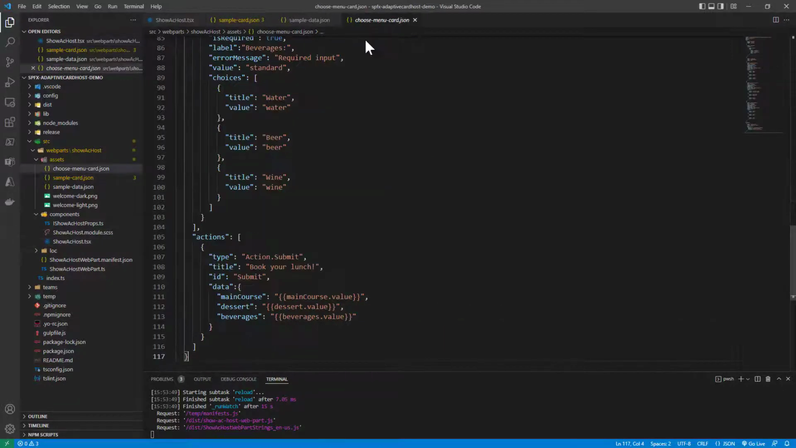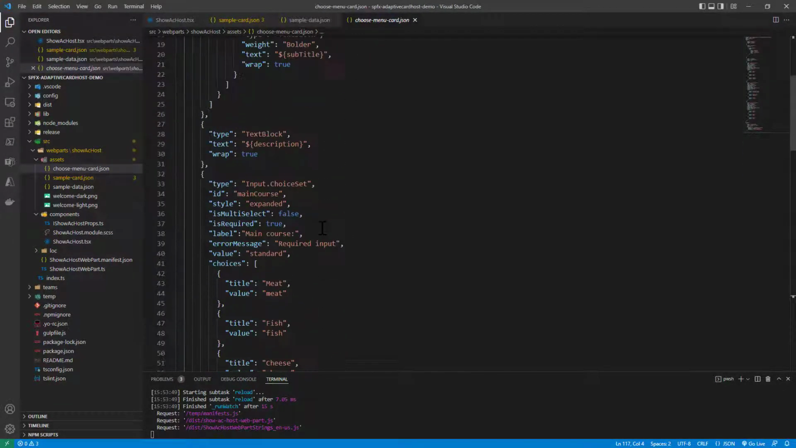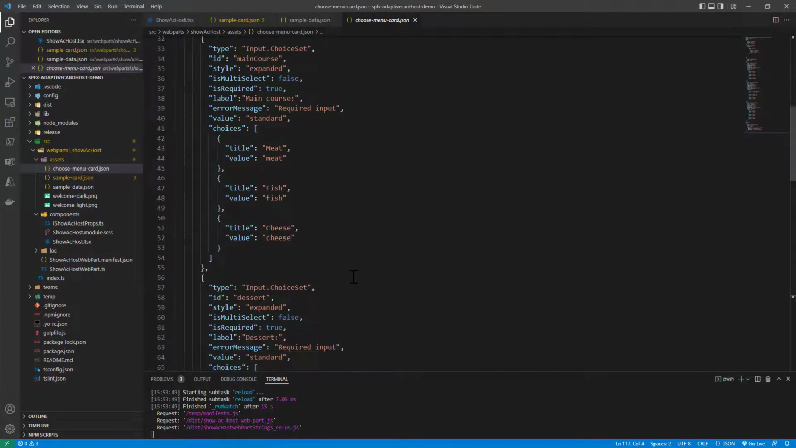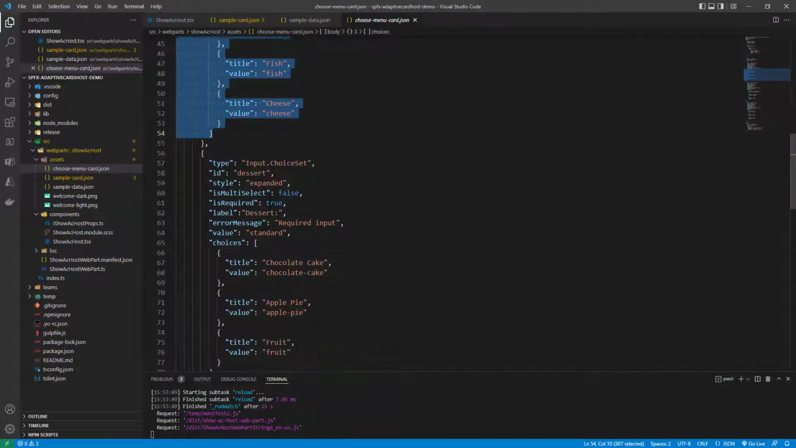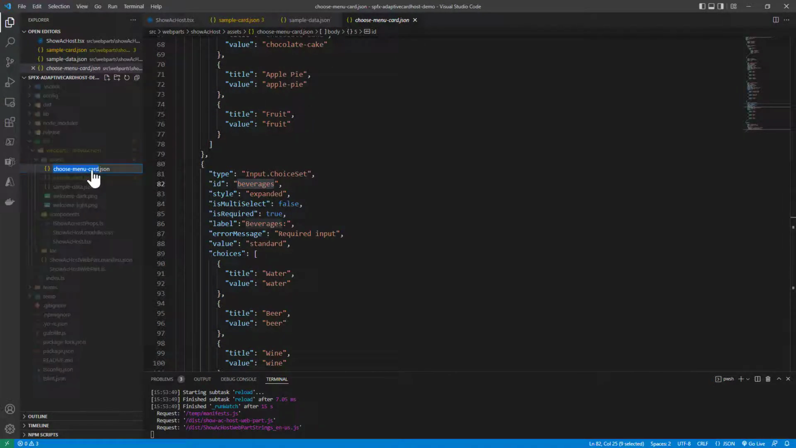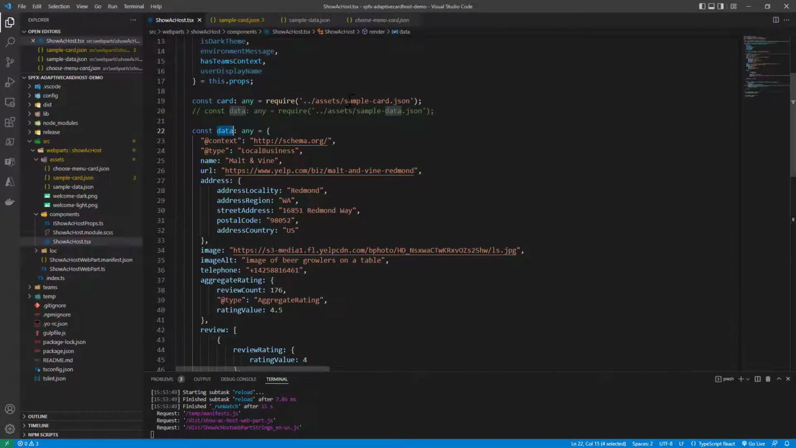For example, we can rely on a completely custom adaptive card JSON. Here I'm using a form that we already saw in one of my previous videos about how to collect data using adaptive cards. And here I'm simply collecting a set of choices about a menu, so the main course, the dessert, and the beverages for a menu. So I'm going to use this custom card in the UI of my component,